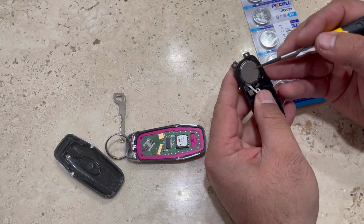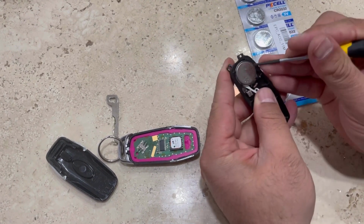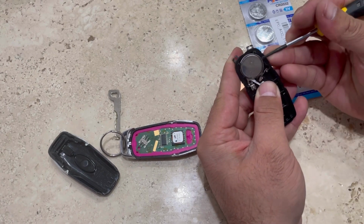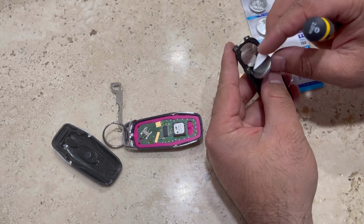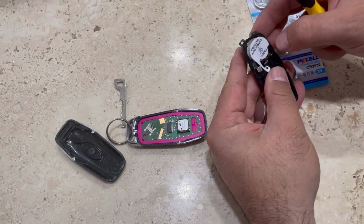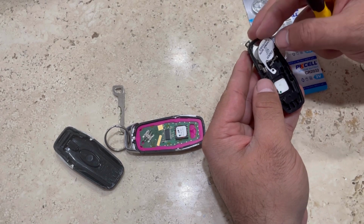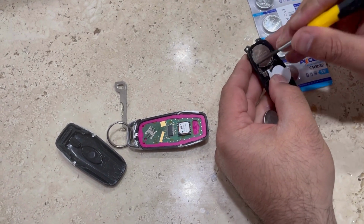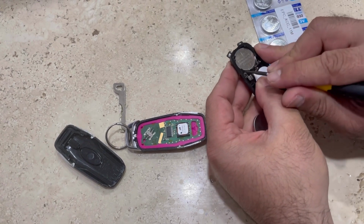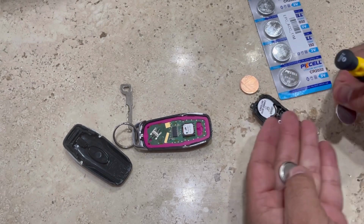and get the screwdriver and take the first battery out. If you just pull it, it's gonna come out. That's the first battery, and there is a paper under it, so take it away. And the other battery has the positive side on the top side, and take both batteries out and